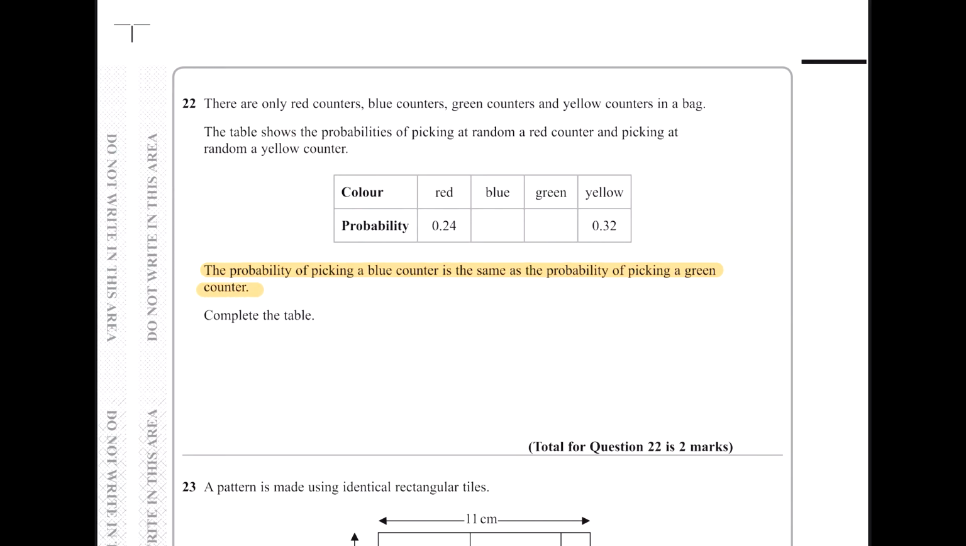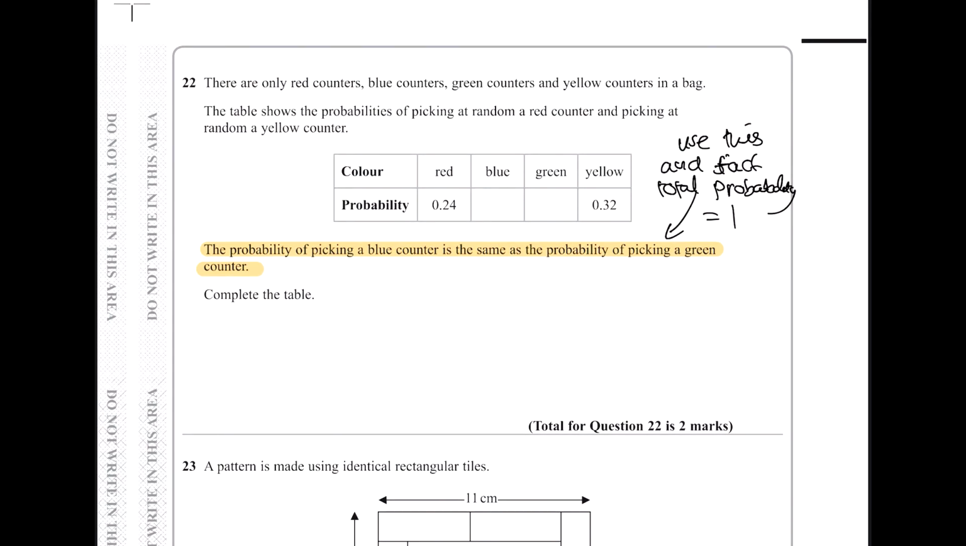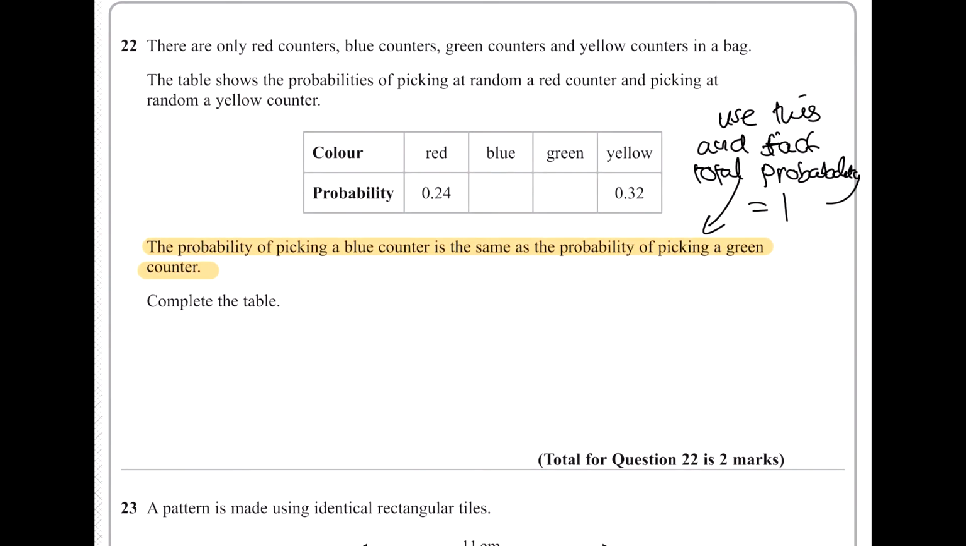Okay. And then the second fact, so use this and total probability equals 1. So if we use those facts, let's call this, so let